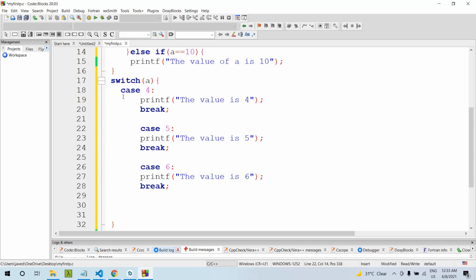So let's understand this. Now the last one is the default case.